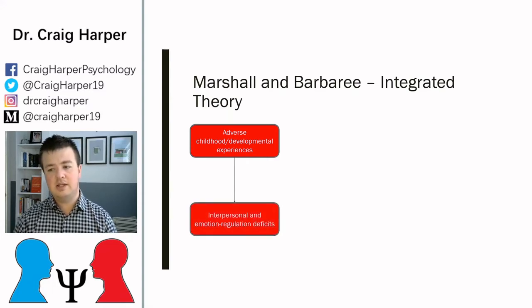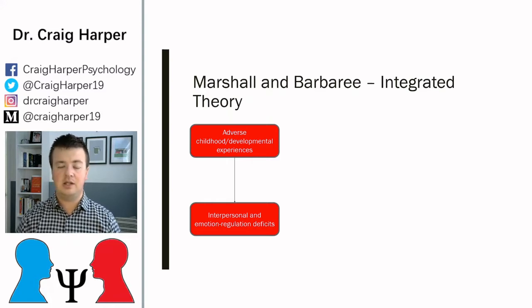Now what that leads to is an interpersonal or emotion regulation deficit. So if you've not been able to form attachments in your childhood, thinking about the internal working model perhaps, you don't necessarily learn how to soothe yourself in an effective way in terms of managing your emotions. You don't learn how to interact with other people, maybe without acting out in an aggressive way to start with, if you're particularly avoidantly attached or disorganizedly attached. So these adverse experiences set a template for how people interact with people in a very general sense. We're not talking about sexual interactions here, we're talking about just general emotion regulation and interpersonal skills.